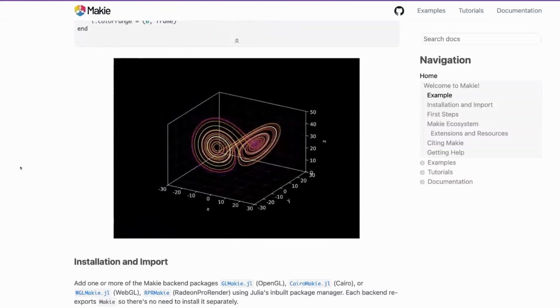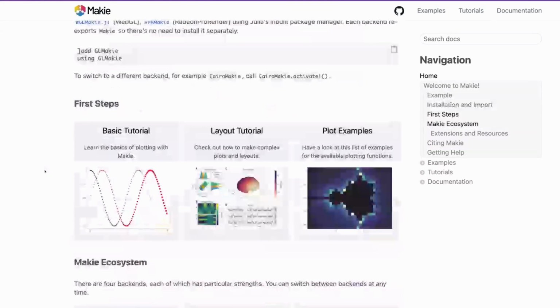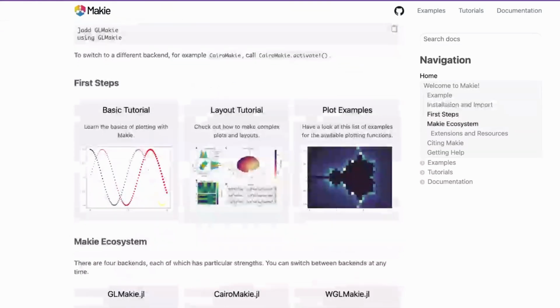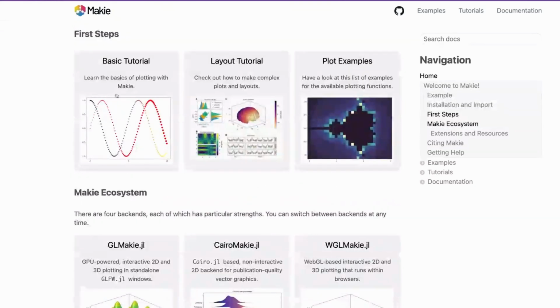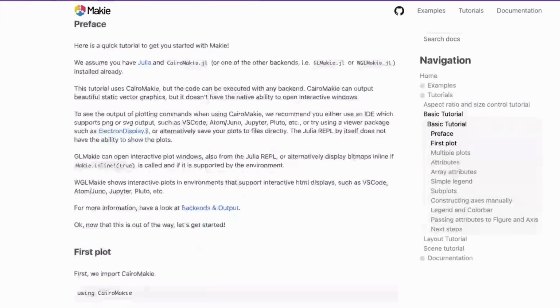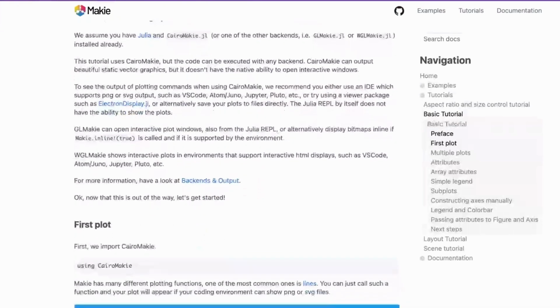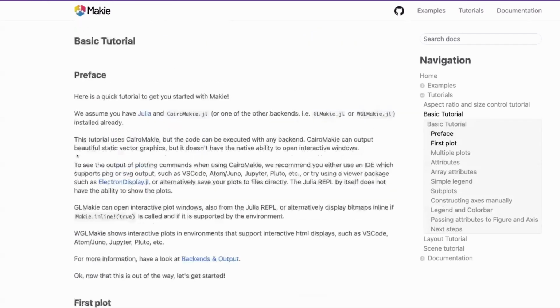I felt like the documentation was pretty good. There's a basic tutorial where we're learning the different basics of Makie, and it's a very different approach than just Plots.jl. So really, the best thing I think to look at, if you want to learn it, is going through this basic tutorial as a good first step. But in the documentation, there is